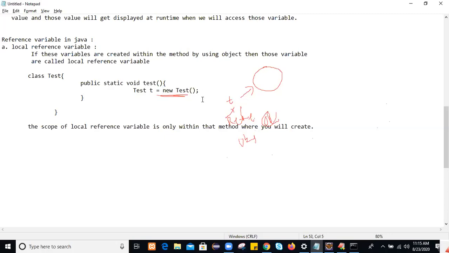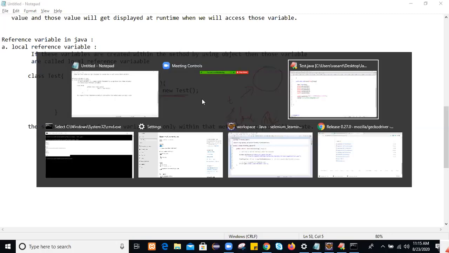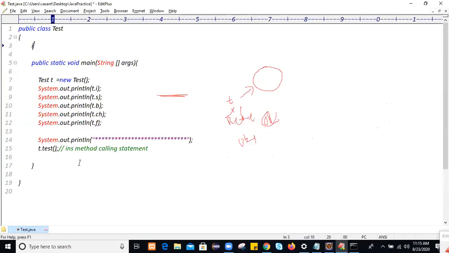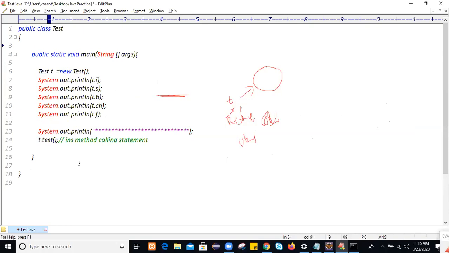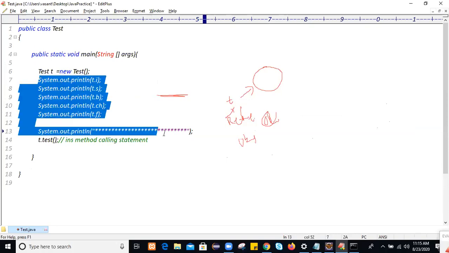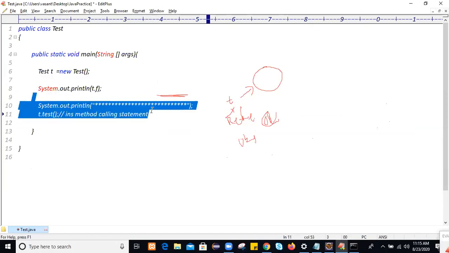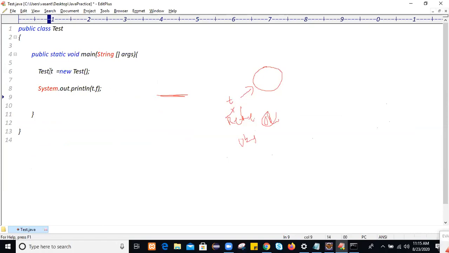I will explain you practically. You see here, this is the main method. Within this main method I will create one reference variable. Here you see, this is the reference variable I have created, and this is the object.